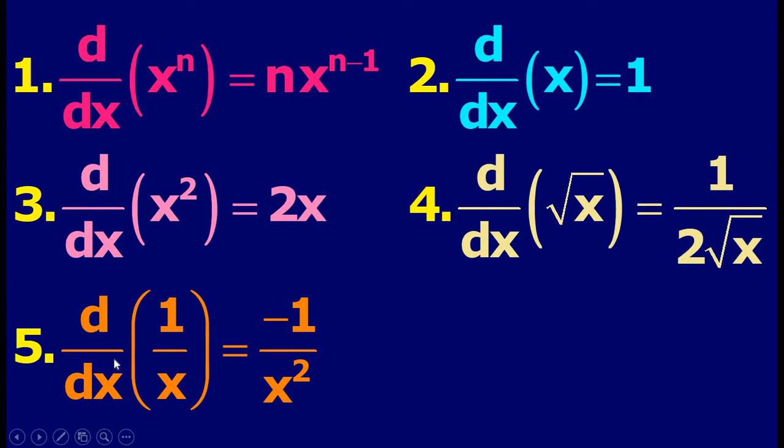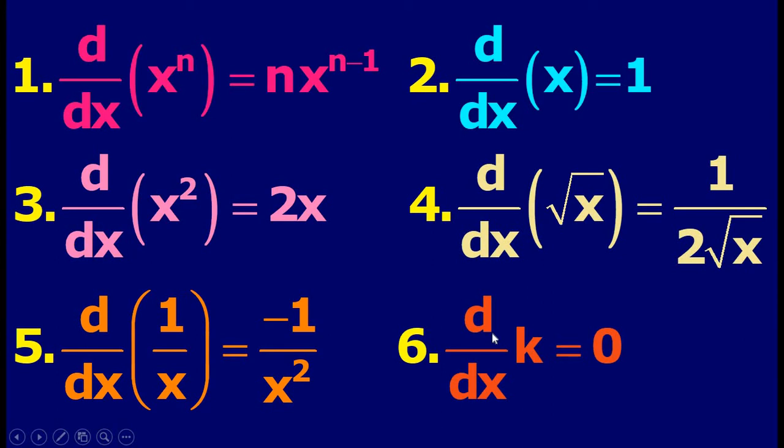So next one, d by dx of 1 by x. So differentiation of 1 by x. When we differentiate, you have to take x to numerator. We can write this as x to the power minus 1. So x power minus 1 differentiation is minus 1 into x to the power minus 1 minus 1, that is x to the power minus 2. Then we can take that minus 2 to denominator and we can write minus 1 by x square. So therefore differentiation of 1 by x is minus 1 by x square.